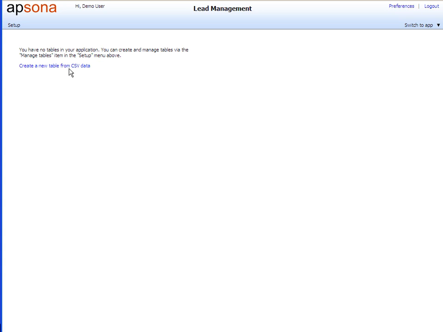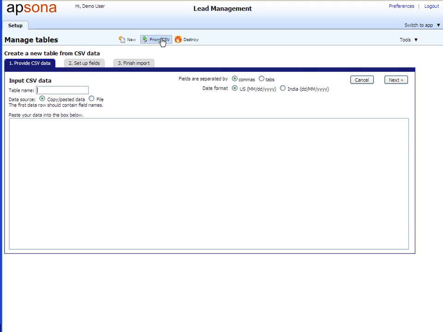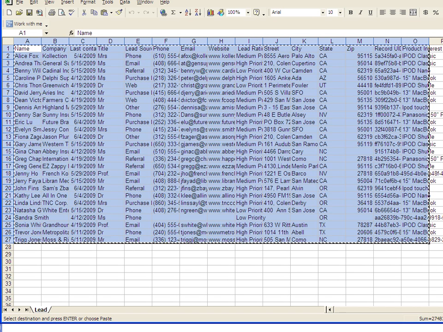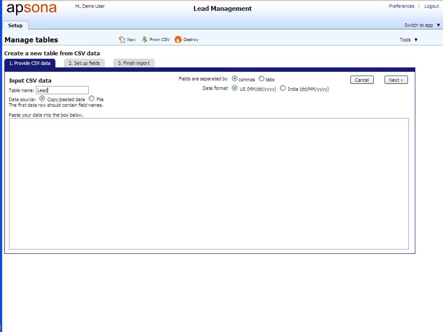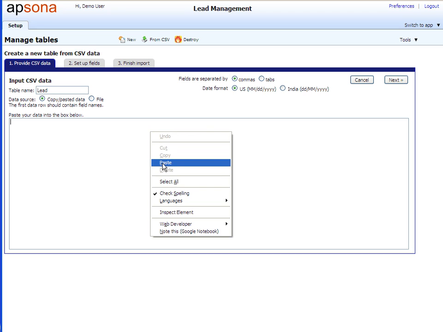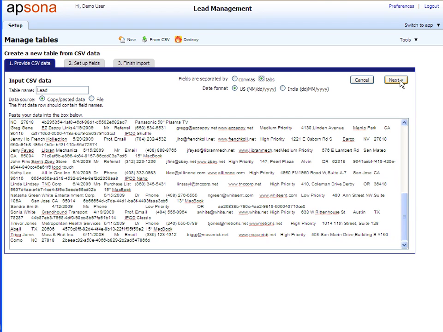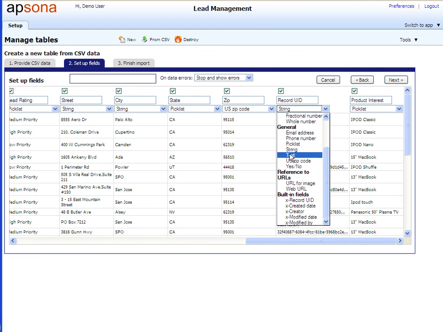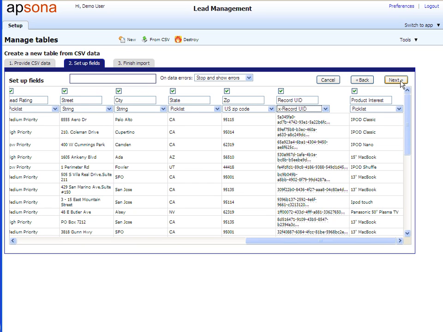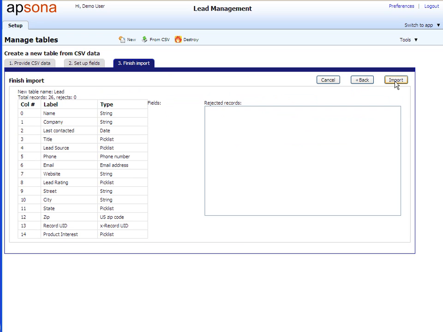So let's start by creating a new table called a lead. So now we'll switch over to the lead info CSV file, copy it, paste it into the box below, choose tabs as the separator, click next, make this last but one column be mapped to record UID, click next, and when we hit the import button now, we're done with the import. When we hit the done button,